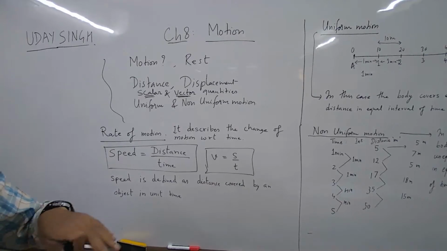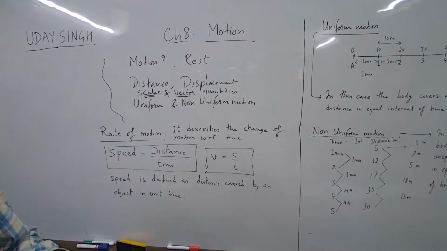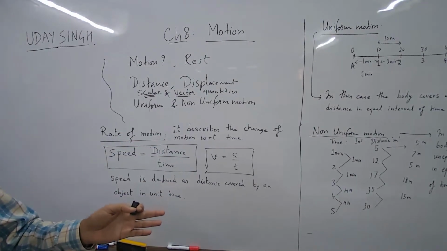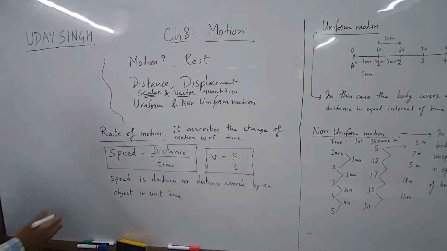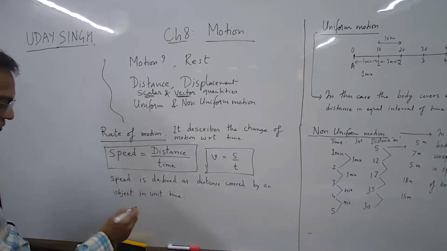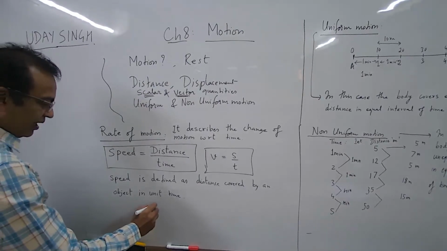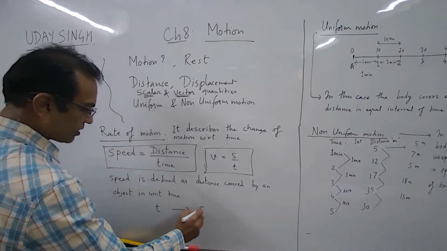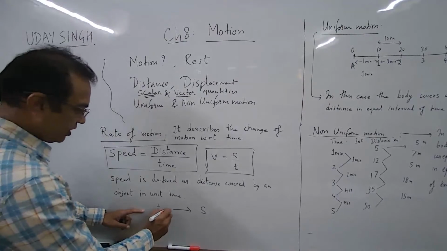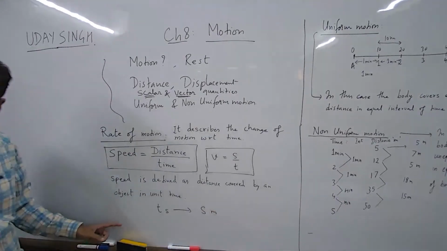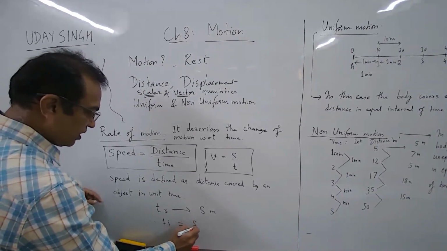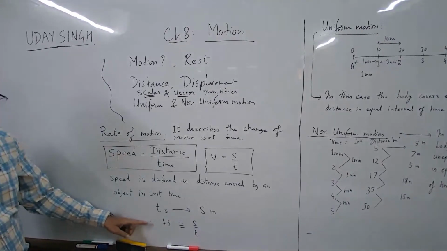Like if you have two cars, how will you differentiate the fast from the slow? Depending upon the time. So rate describes that. Okay? All right. So speed is defined as the distance covered by an object in unit time. So for example, if a body in time t covers distance s, in t seconds a body covers s meter. So in 1 second, by unitary method, it will be s by t. This is what is speed.